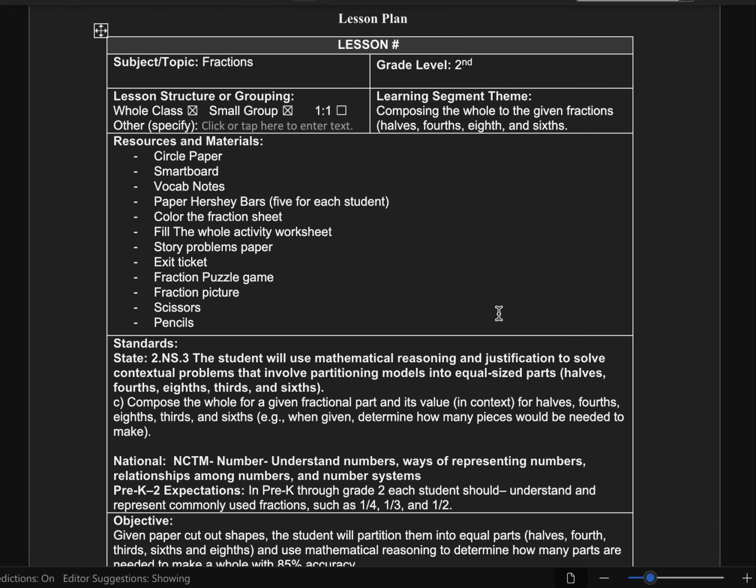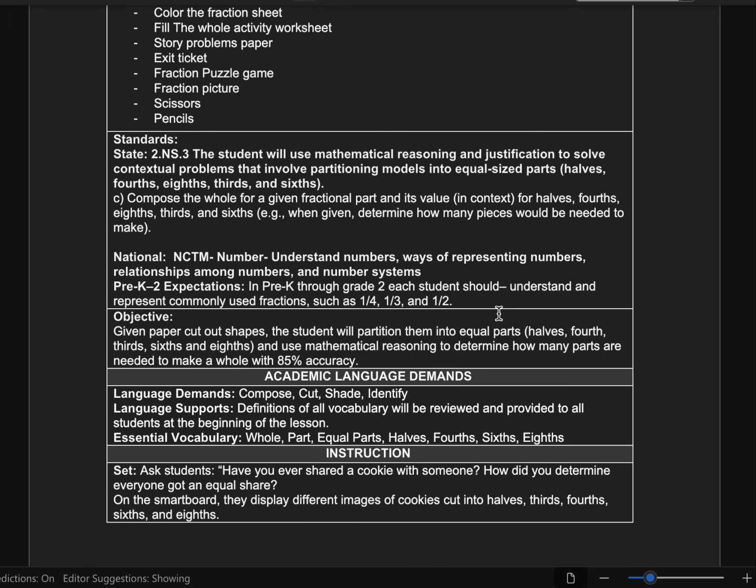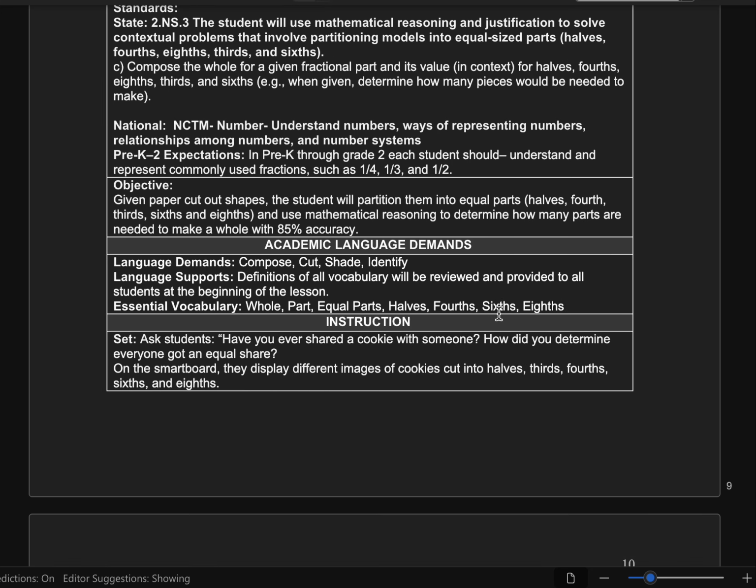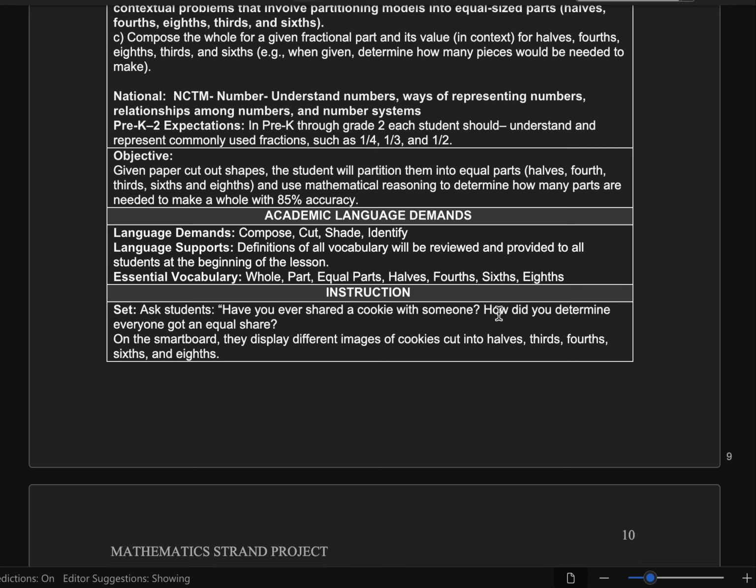So for our lesson plan, the students will use paper cutout shapes and partition them into equal parts with the fractions that are in the SOL and use mathematical reasoning to determine how many more parts are needed to make the whole with 85% accuracy. So for the set,